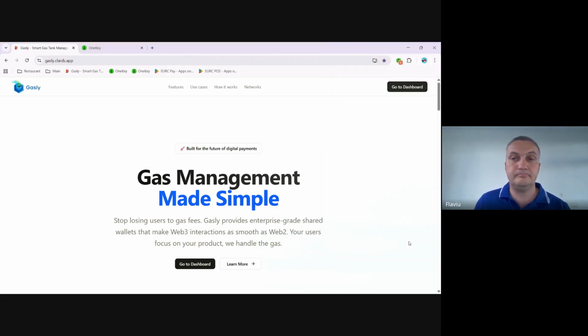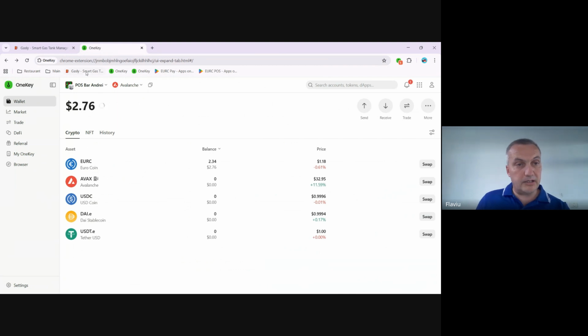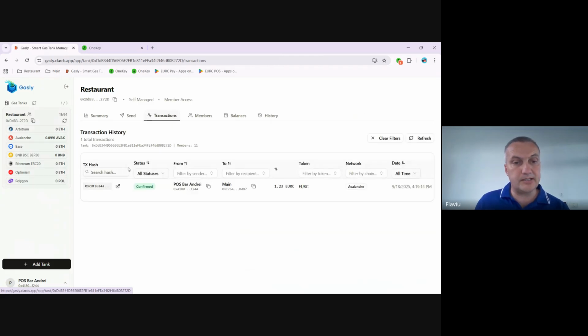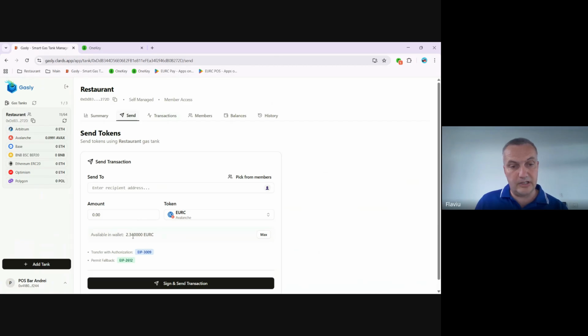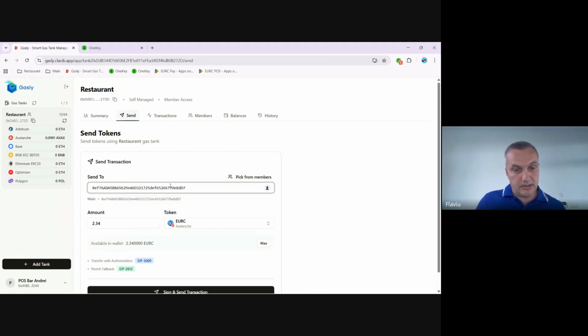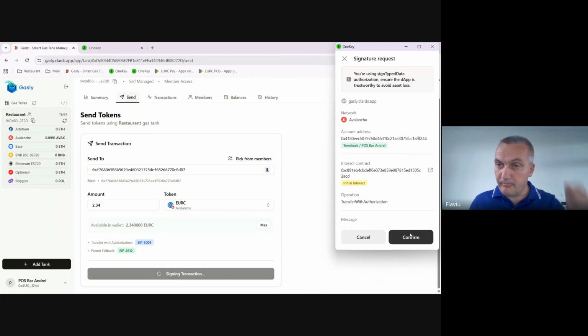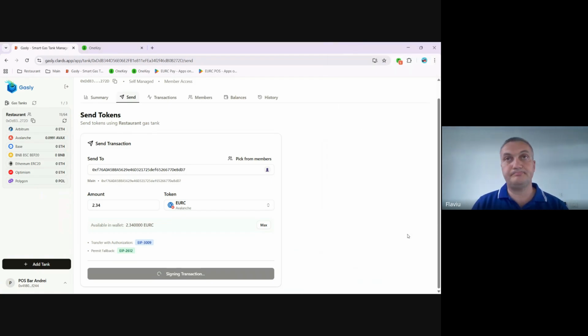Good. So basically, in my wallet, which is for the bar, I don't have any gas, but with Gasly, I can move funds that I received. Here are the maximum funds, and I can send to the main account, which I have right here. Copy. I guess it's the same. Yes, sign and send for the moment, but we can automate this also. Sending, signing,